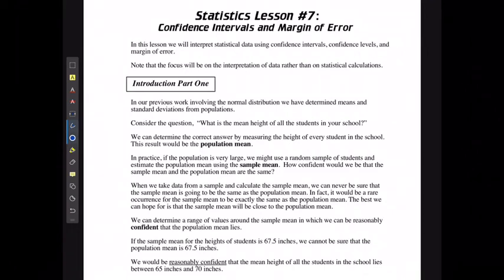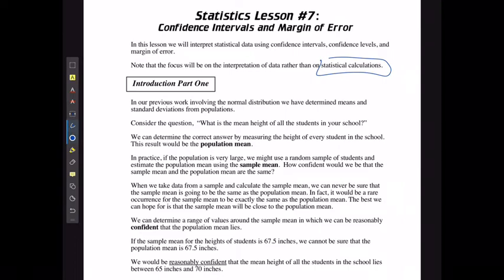Okay, our last lesson in statistics is going to take a look at confidence intervals and margins of error. So in this lesson, we're going to interpret statistical data using confidence intervals, confidence levels, and margins of error because we know that it's not always perfect or exactly on. Note that the focus will be on the interpretation of data rather than specific statistical calculations like we've done for